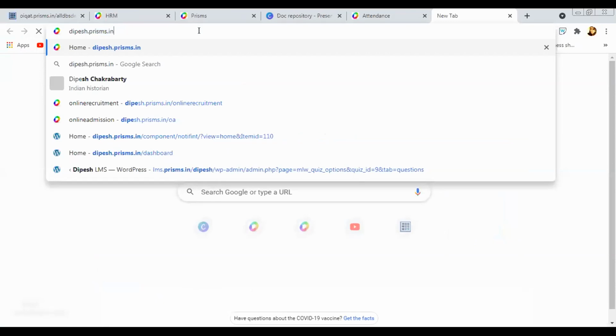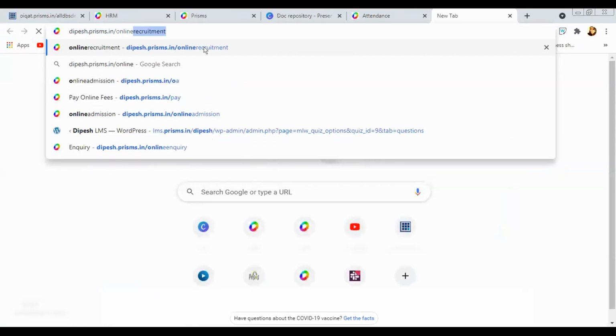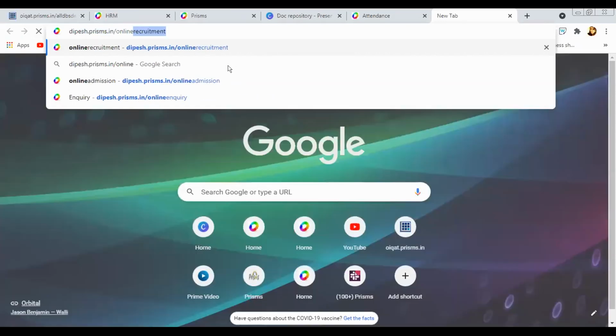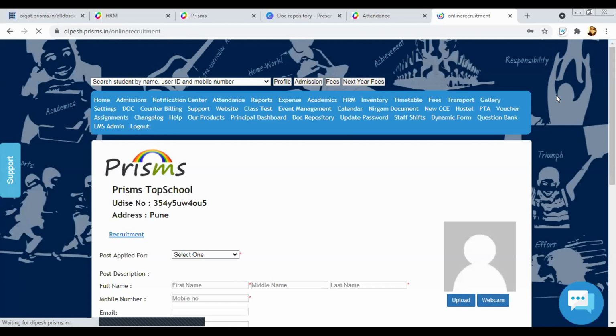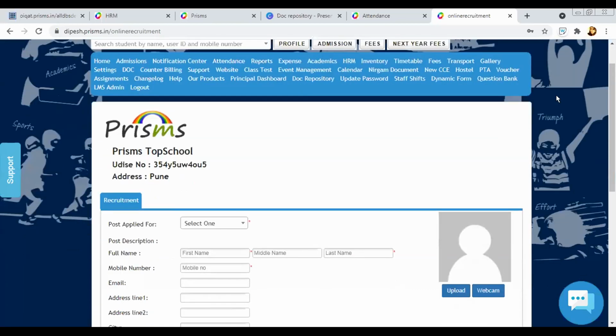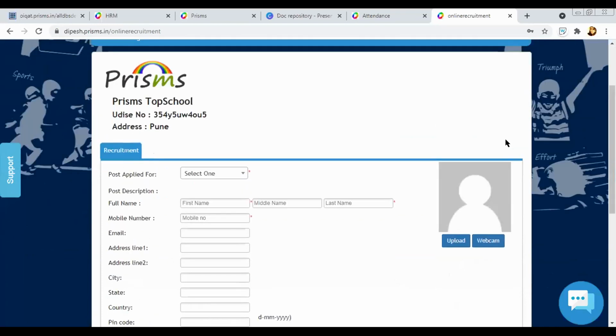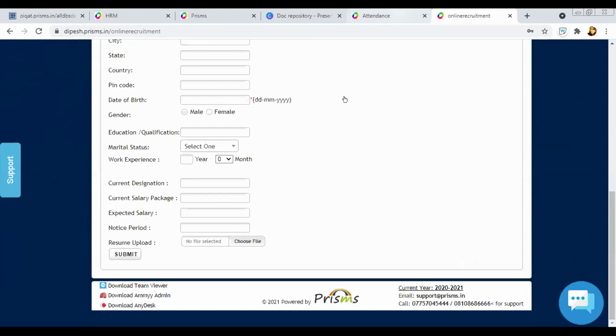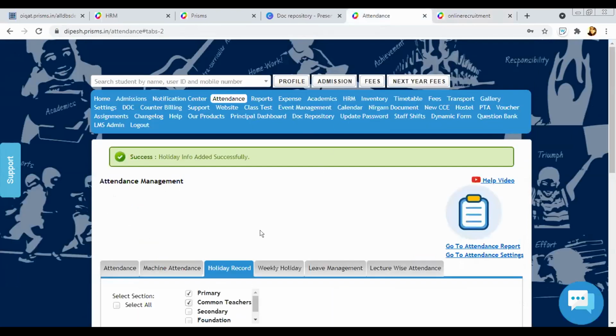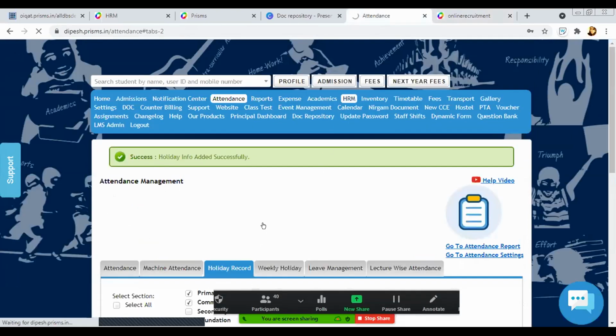In all the portals, you can add /online recruitment, and you can share this link with your prospective staff who would want to join. They can fill this form, and once the form is filled, you would be able to see it on your admin dashboard. They can upload the resume and everything.